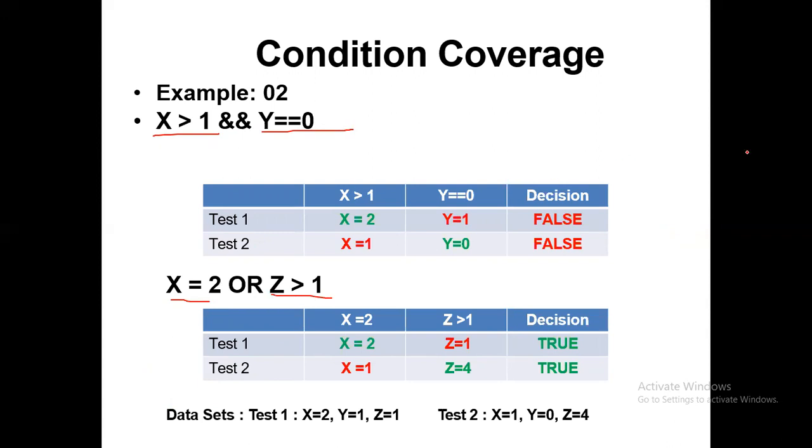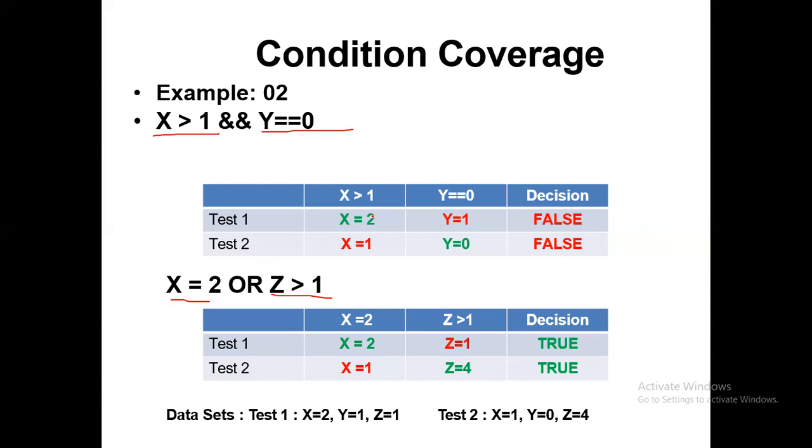So the logic is I should get values so that each and every sub condition goes true and false, right?